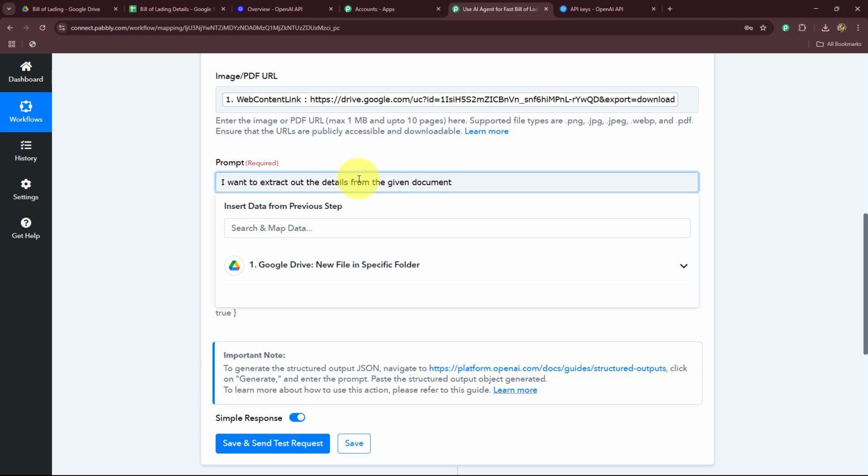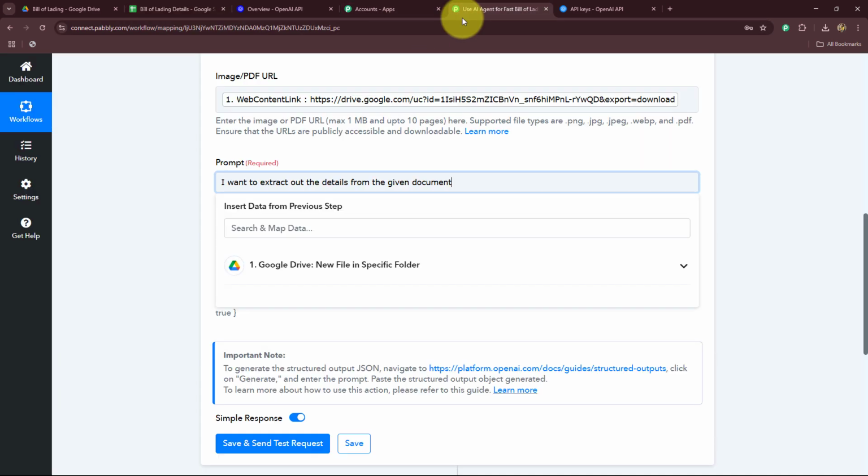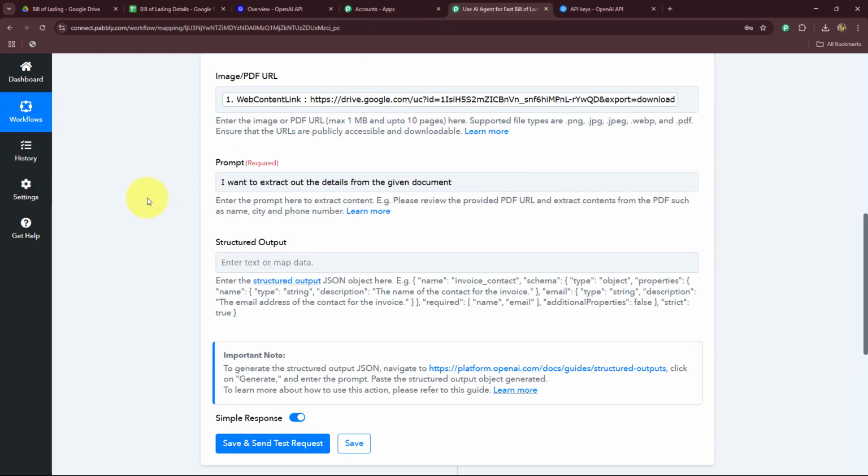Now, one more thing. If I enter all the details that I want to extract from this particular document, I am going to receive the response in a paragraph format. As you know, my objective is to add the details systematically in my Google Sheets in separate rows and separate columns. I would have to again extract the details from that paragraph, and that is not part of my automation. Here I want to get the response in a structured format, in proper JSON format, key and value pair separately in separate fields, so that I can directly use the details to map in